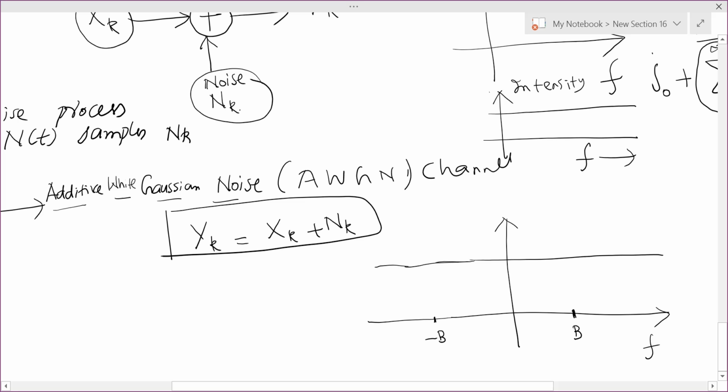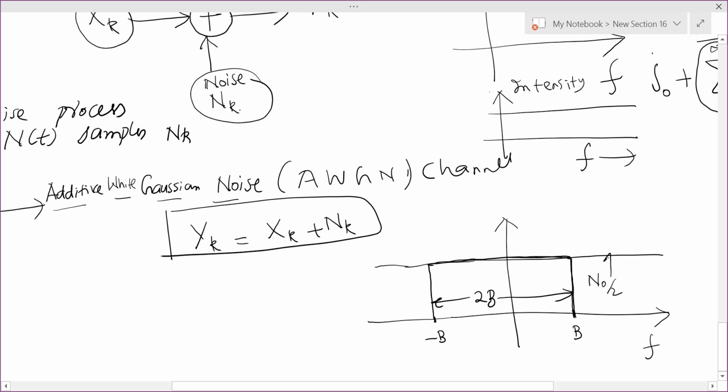That is how we plot it. So what will be the total power? The total power will be the area under this curve. Since this length is 2b,